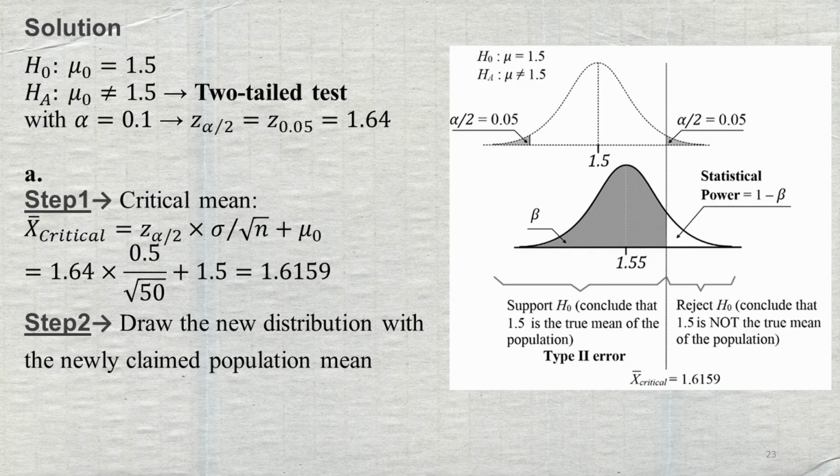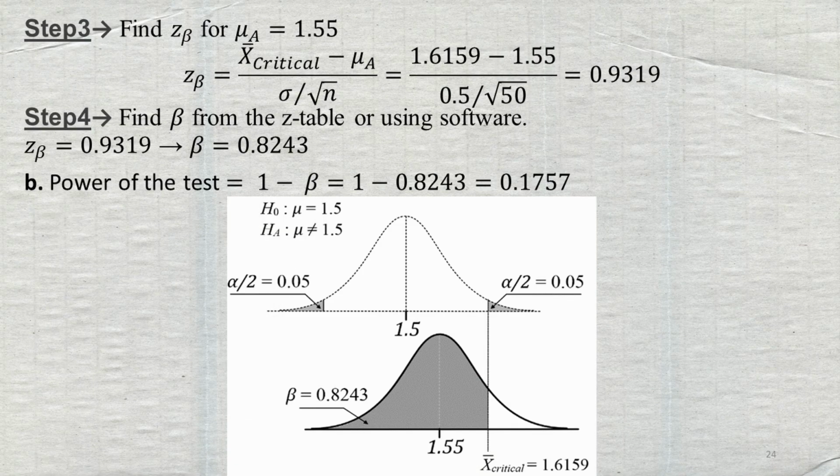Question A. Step 1. Critical mean with the given formula to find 1.6159. Step 2. Draw the new distribution with the newly claimed population mean as shown in the figure. Step 3. Find z sub beta for mu sub a equals 1.55 by using the given formula to find